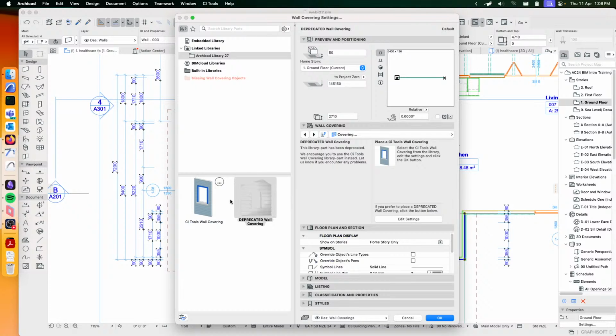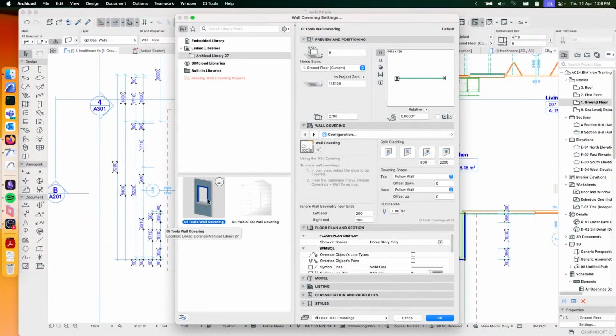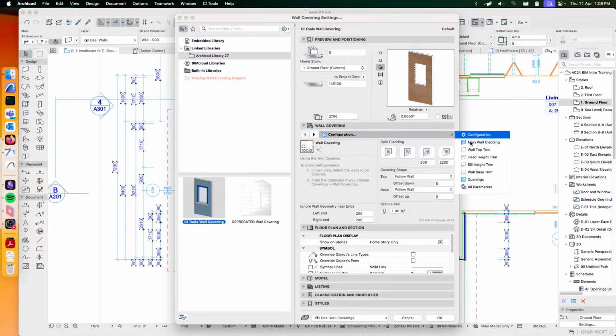And you will see we have two objects available here for the coverings. This is the new covering object, so I'm going to choose that one. And just very briefly, the main change that you'll see here is that the interface has changed. The split configuration is up in the configuration settings here. You can choose what splits you want to have applied to your wall covering. And then the menu itself has been